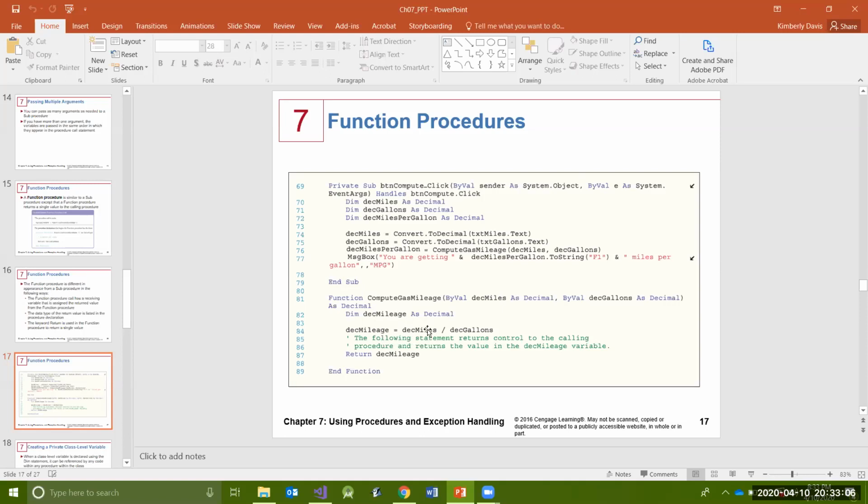So I'm dividing decimal miles by 5.0. So 10.0 divided by 5.0. And then my end result will be stored into decimal mileage, which will basically be 2.0, right? And once it's stored inside decimal mileage, now I'm telling it that the calculated value that I have, I'm ready to return it. So now it returns that value back to where compute gas mileage was invoked, where it was